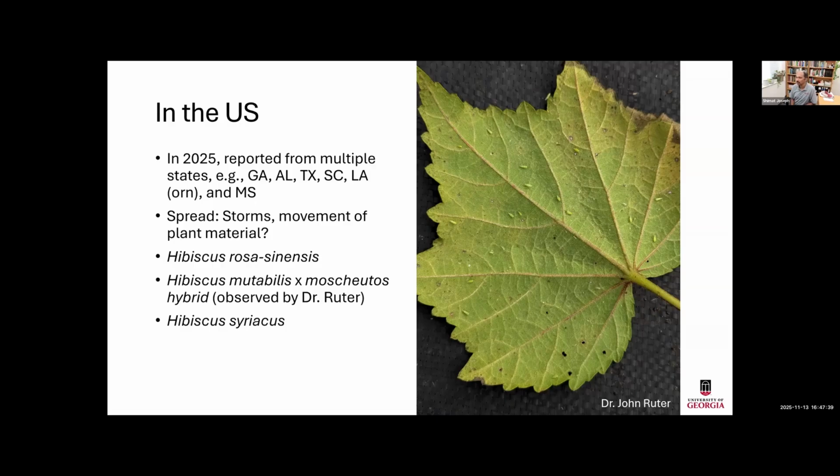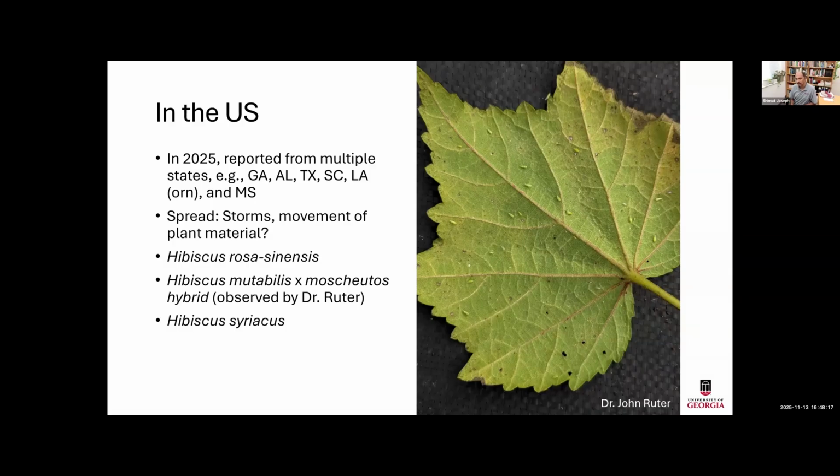And we have seen cotton growers struggling to keep up with spraying whatever they can throw at it. And that's what's going on. That also went on this year, and it's pretty serious. We don't know how they move around. There could be some possibilities, like the storms that bring them in from the East Coast, from the southern part of Florida all the way up north. That could be one way they're getting around. Another way is moving plant material that is already infested. So there could be two ways.